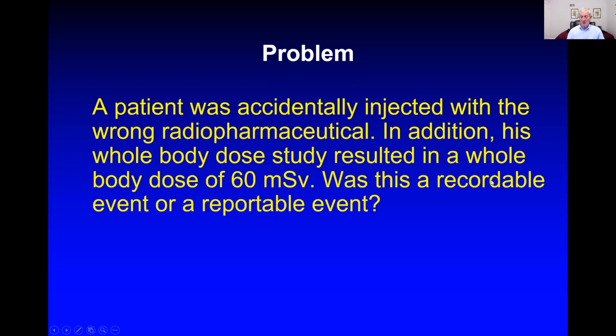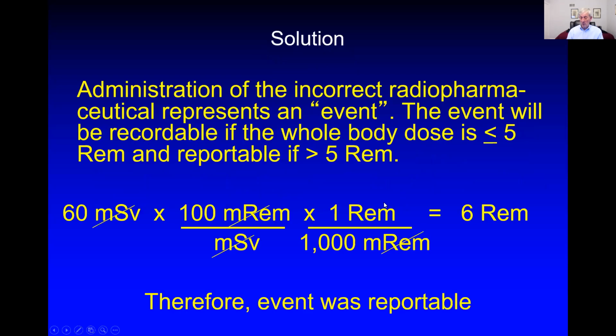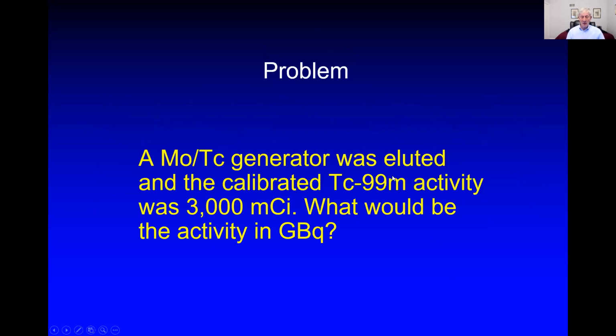Anyone? Reportable. Reportable? Yeah. Good. 60 millisieverts is 6,000 millirems. We simply multiply by 100, and we know that 5,000 millirems or higher is a reportable event. And so that definitely would be a reportable event. That's excellent. Now, I just want to mention, we covered this once before, and I want to briefly mention while we're on units,